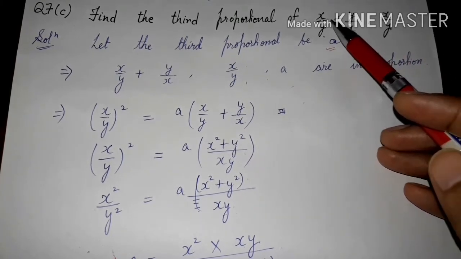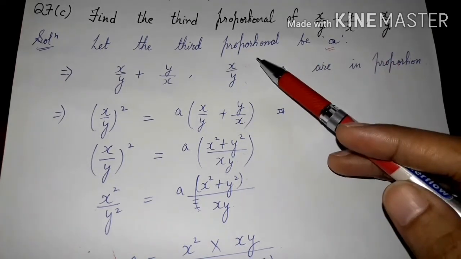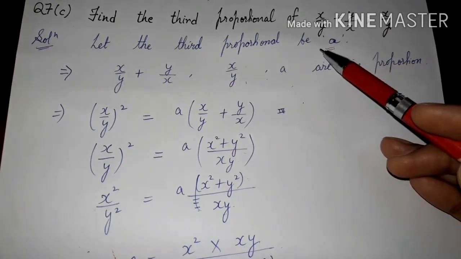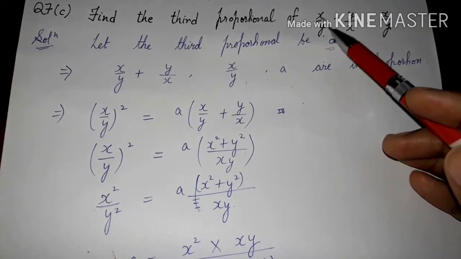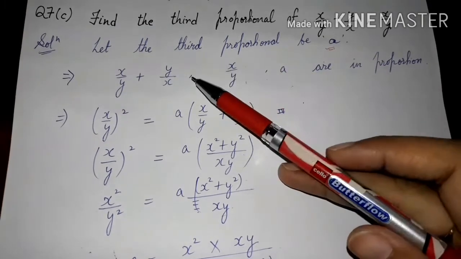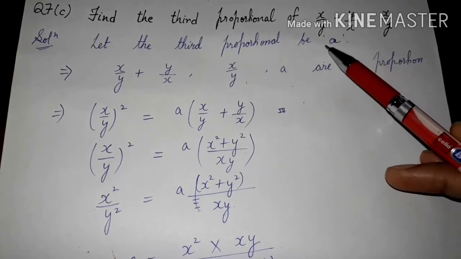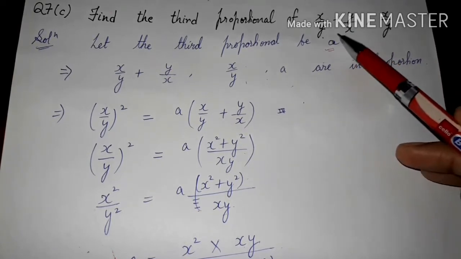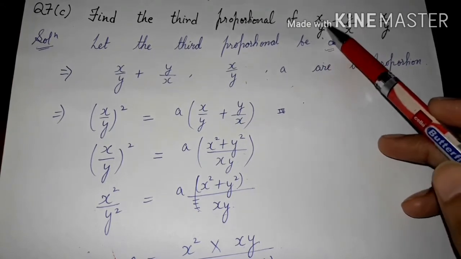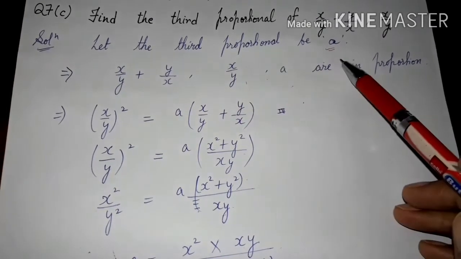Here in this question they have already taken the variables as x and y. So we'll be taking some other variable, because usually we take the unknown variable as x, but here they are already using these alphabets. So here I have taken, let the third proportional be a. You can take k, you can take p or any other variable, but not x or y. You have to leave these two alphabets, x and y. Other than x and y, you can use any variable. I have used a. So let the third proportional be a.